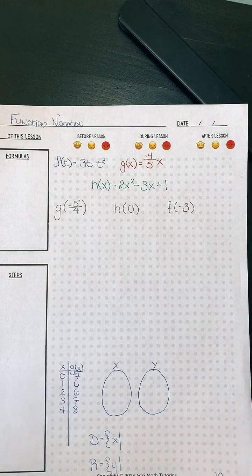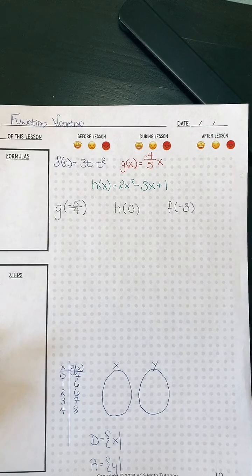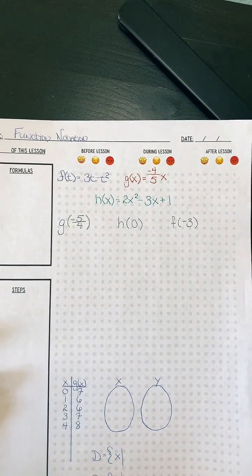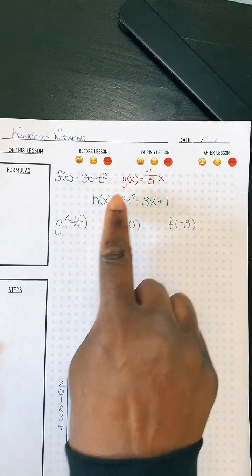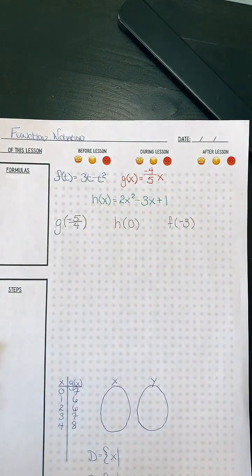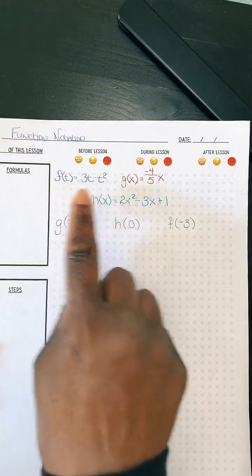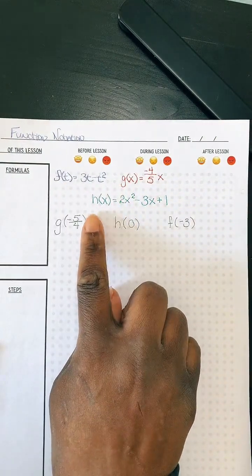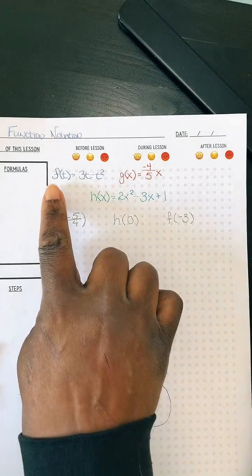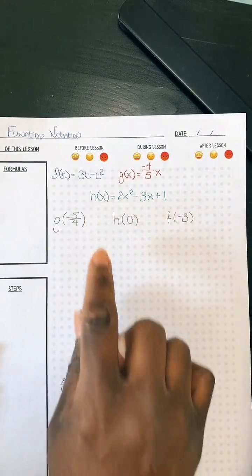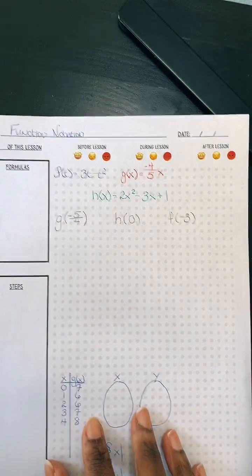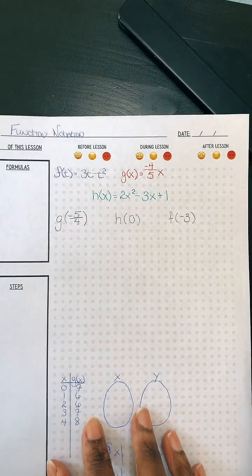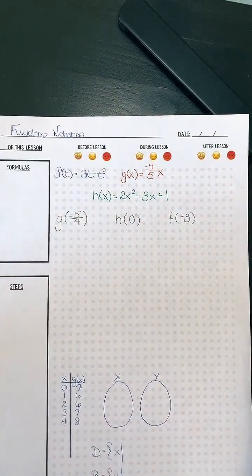All right. So we're going to refresh our memory a little bit with function notation. As we mentioned, a lot of people were getting stuck on this whole notion of what do I do with the F, what do I do with the G, or what do I do with the H? Basically, the F, the G, and the H is going to tell you which function you're going to use, okay? The X is going to tell you,